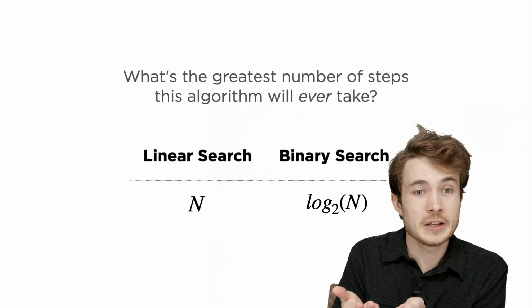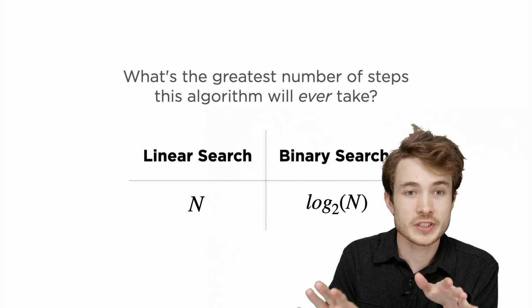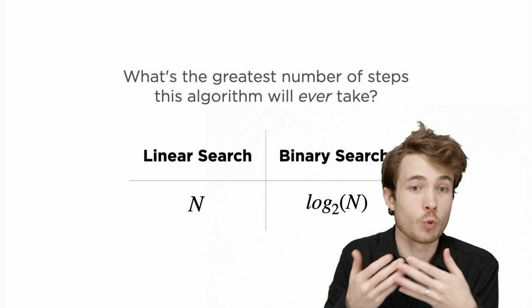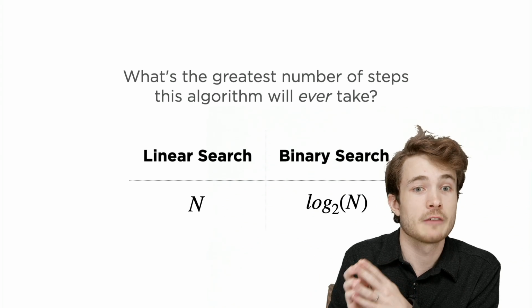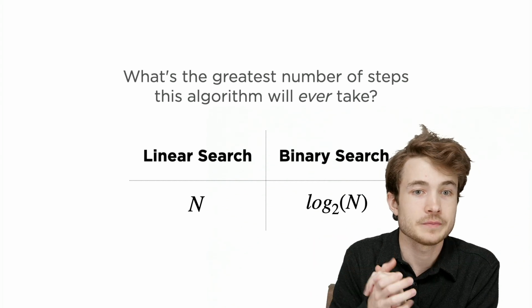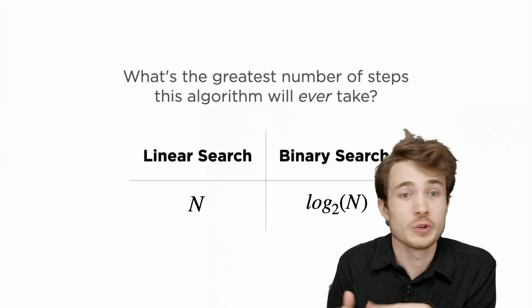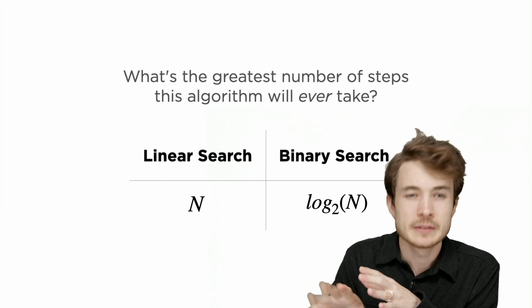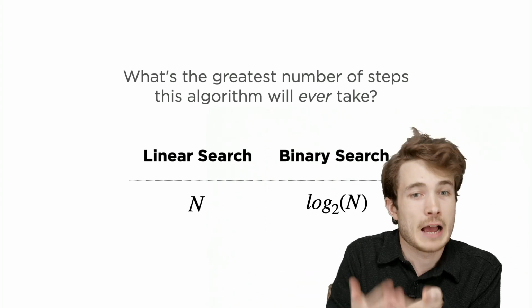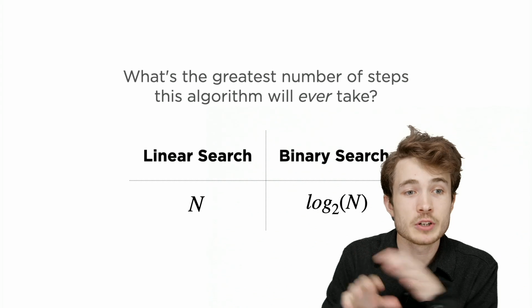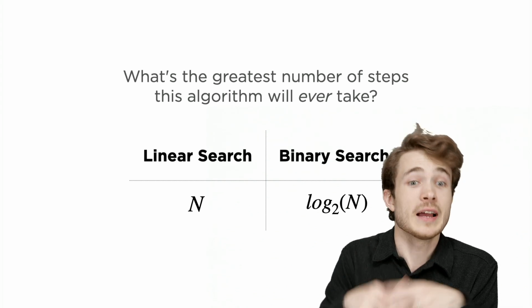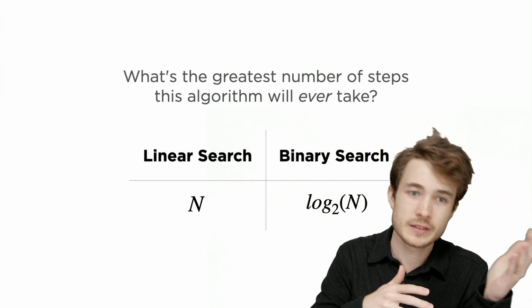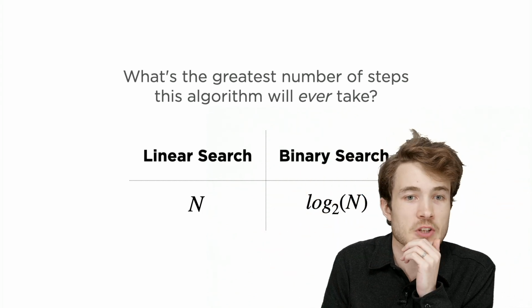And so now we could say, well, linear search, in the worst case, the greatest number of steps we'll ever take is going to be n steps, 1 for each person, or we assume we have n people, right? Now, binary search would do the same thing. It would say, let's actually not go through all n of them. Let's divide things in half and in half and in half again. So the most steps we'd ever take would be log base 2 of n, where again, n is just the general number of people we have overall. It could be 10, 100, 1,000, and so on.